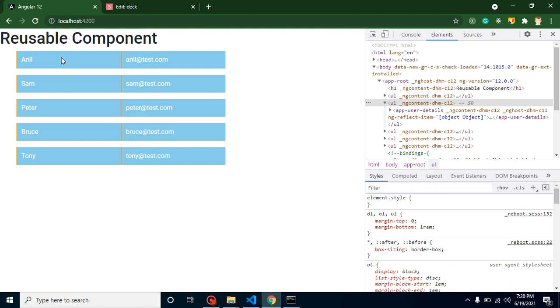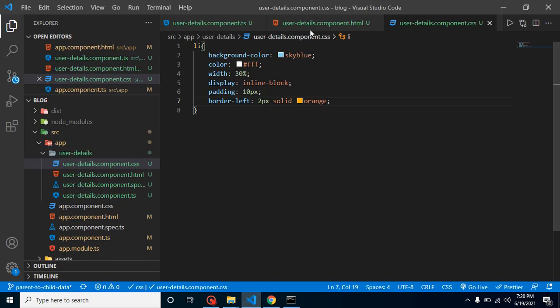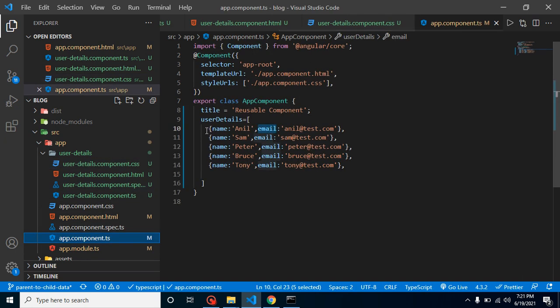So now you must have understood how we can make a component and reuse it, because here we are using it in the loop. We can reuse it in other places also. Let's say this kind of array, which has the detail of name and email address, we can reuse it in any other places also.